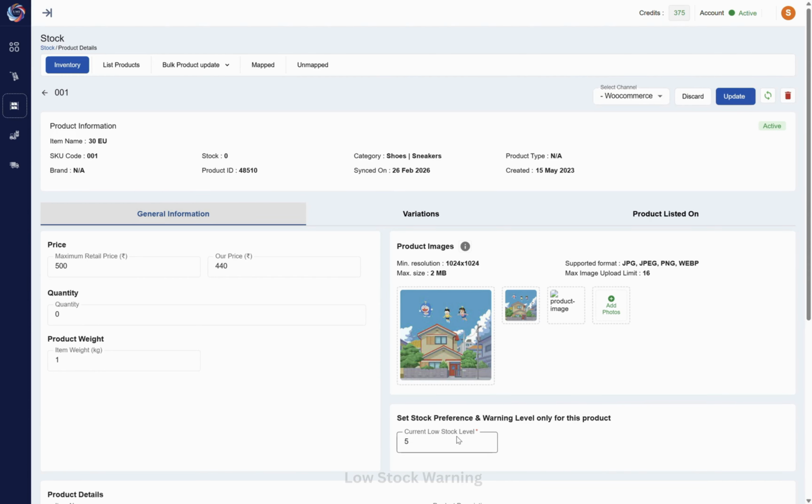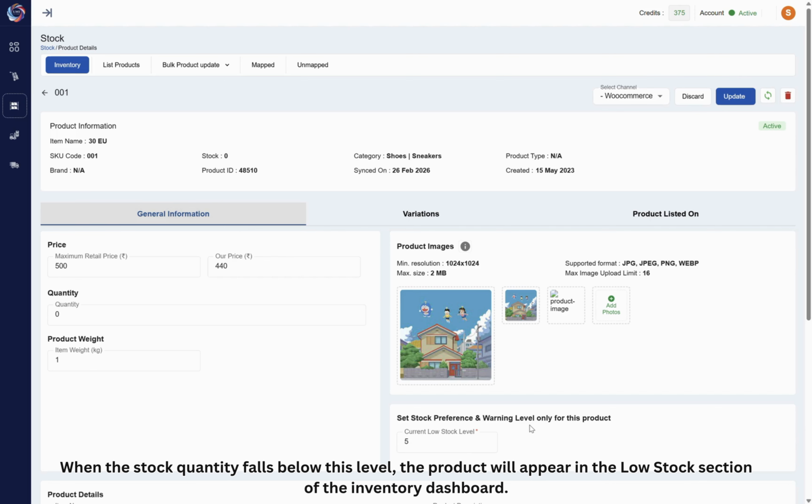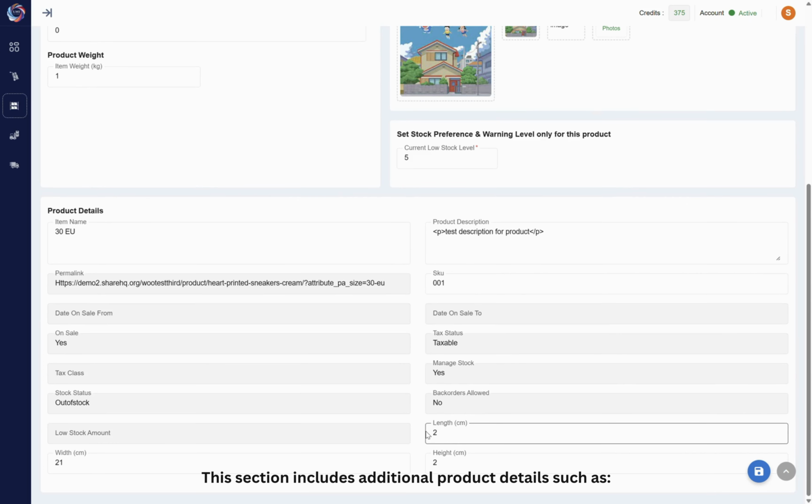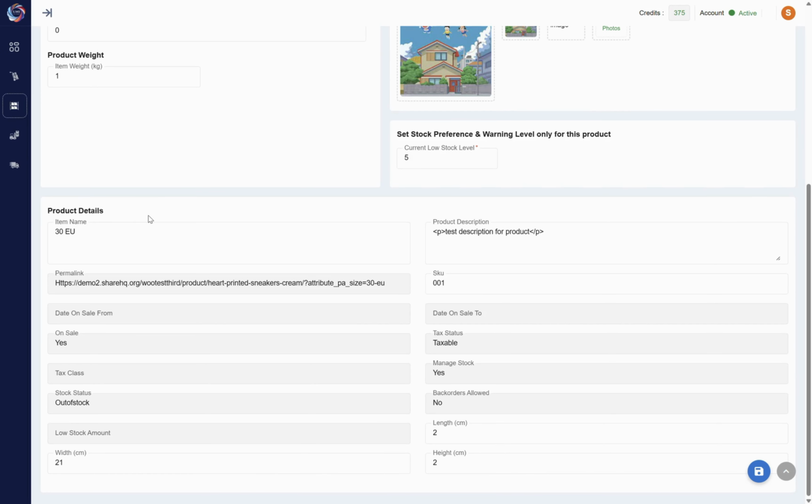Low stock warning. You can set a low stock warning level for the product. When the stock quantity falls below this level, the product will appear in the low stock section of the inventory dashboard. Product details section. This section includes additional product details such as product name, permalink, product description,